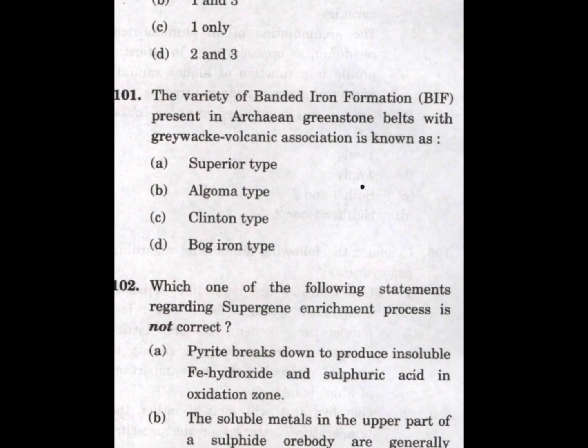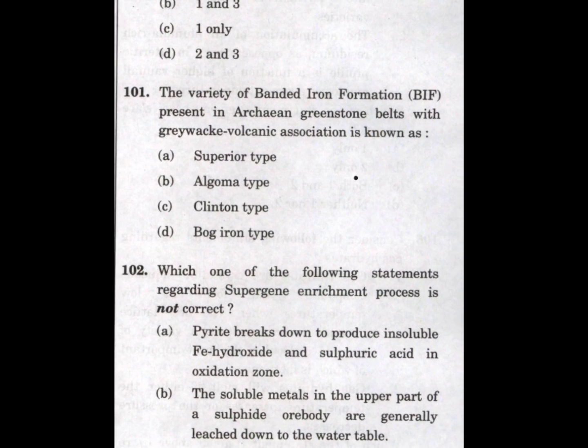Here is the first question, 101. The variety of banded iron formation present in Archean greenstone belt with graywacke volcanic association in North. Here four options are given. First we have to